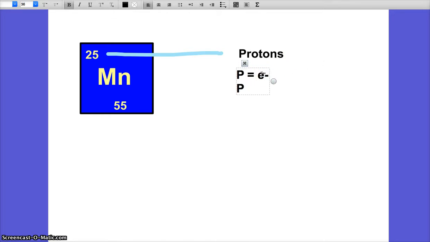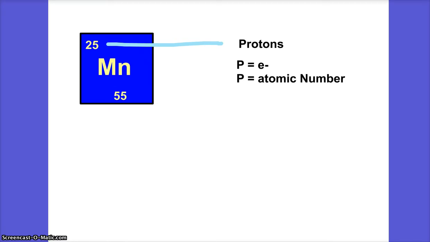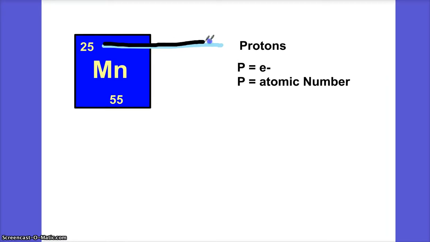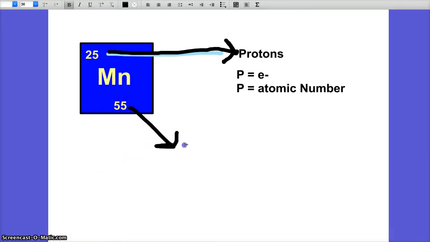And then we know P also equals what? Atomic number. And then we know that this number, and let me change the color of this line so you could actually see it, equals what? The atomic mass or mass number. We're not going to learn much more about that. And we know from our notes that protons plus what? Neutrons equals